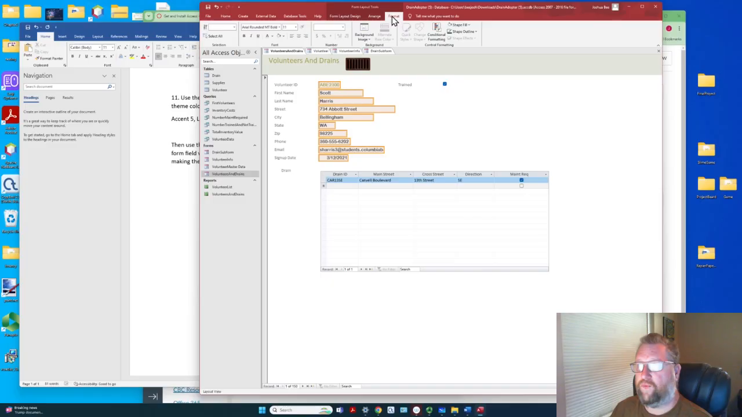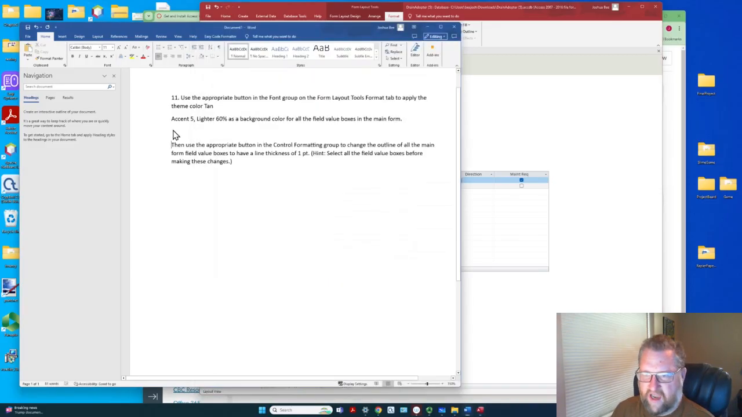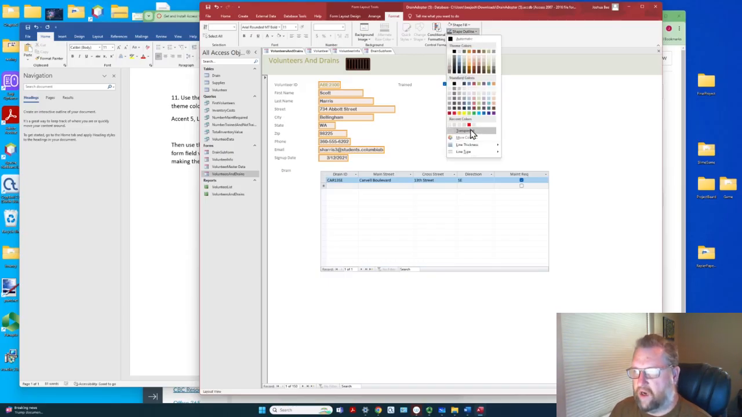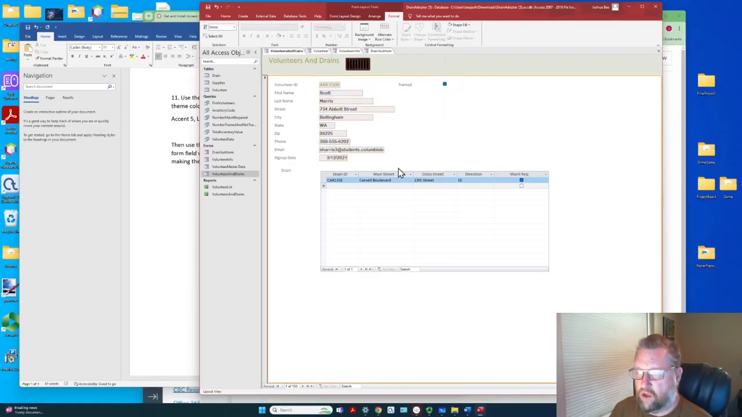But I'm going to go here to format, and then here's the conditional formatting. I believe that's what it was asking us. Use the control formatting group to change the outline of all the forms. So you see here, it's the control formatting group. So I'm going to go to the shape outline, and I'm going to go to line thickness and reduce it by 1. So you can select them again, and I'm going to Control Z because I accidentally moved that. Holding down Control, selecting them,